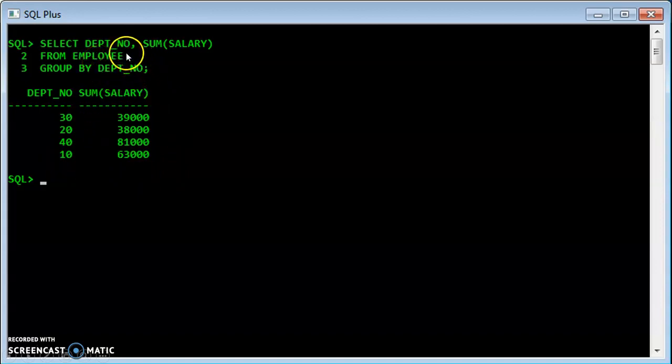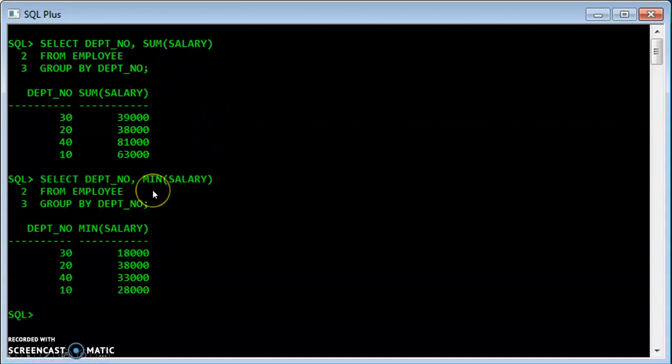But most importantly, the column that you're using as a group by, like here it is department number, make sure that the column has some values so that you can group them together. Like we have department number, so based on department number we can group them. But if you consider the e name, that is the employee name, there is a less possibility that we can have a group based on the name. So you should make sure that you are selecting a particular column, here we can see department number, and using that column as a group by, for which we can have groups. So this is how you are calculating the sum of salary.